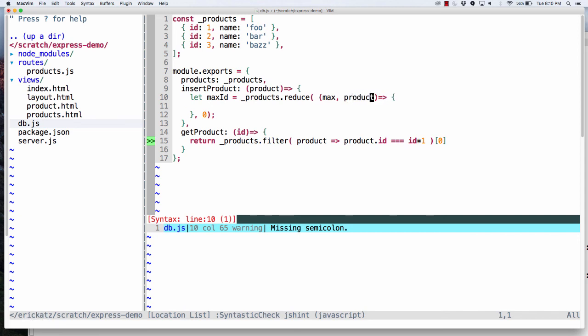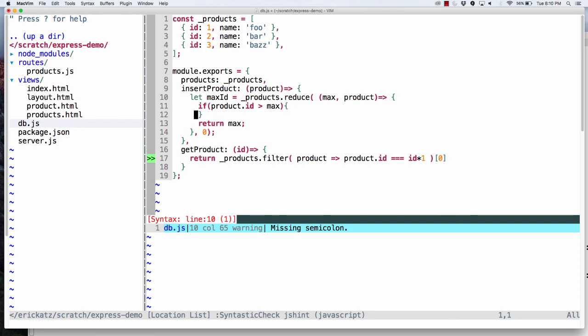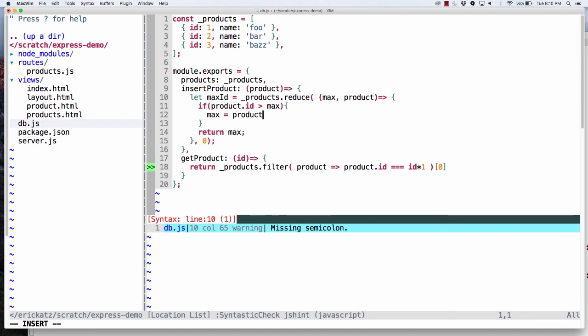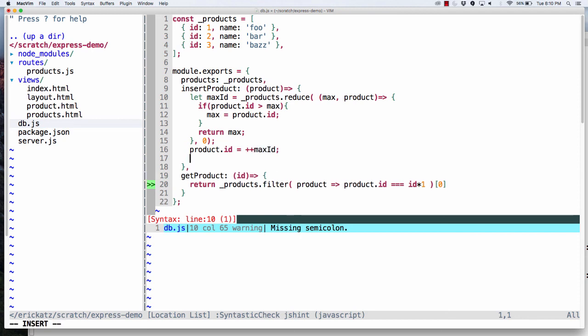So the max is sort of our running total. If I just ended up returning max from this, this would always be 0, which I don't want. But I'll say, hey, if the product's ID that I'm looping over is greater than max, then I'm going to reset the max to the product ID. And then once I get out of here, I'll say product.id equals ++maxID, increase it by 1, and go into our products array and push my new product. In which case, if I do that,